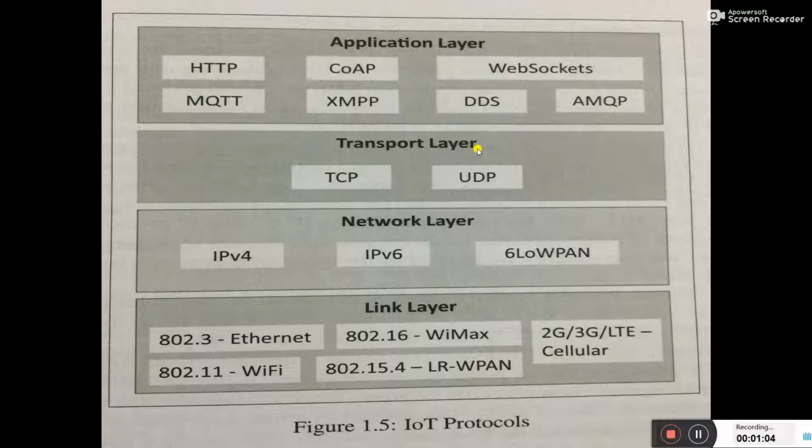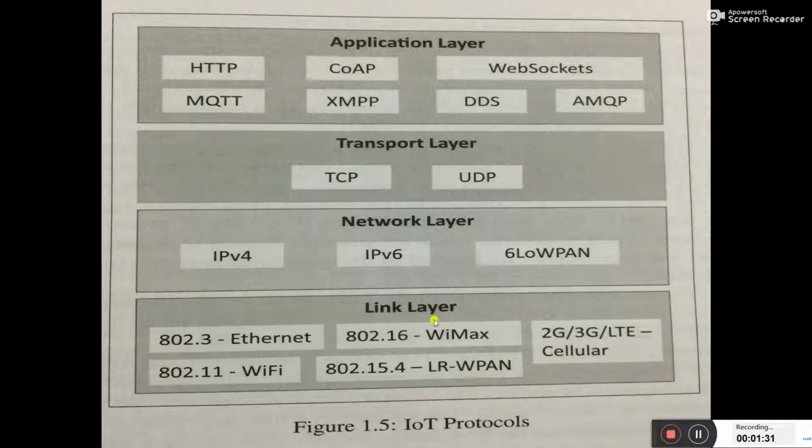Next is our transport layer, and in the transport layer we have TCP and UDP. So basically I can say that the IoT layer is made of TCP and UDP type of transport layer. Next we have the network layer. In the network layer we have IPv4, IPv6, low power wireless personal area network, wide area network.